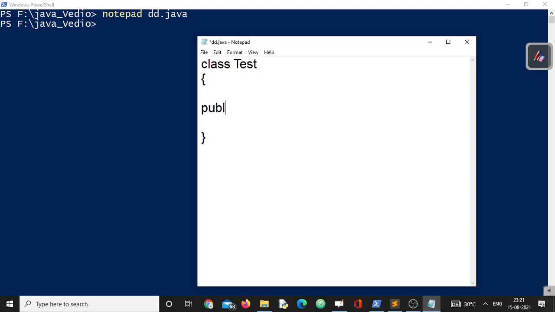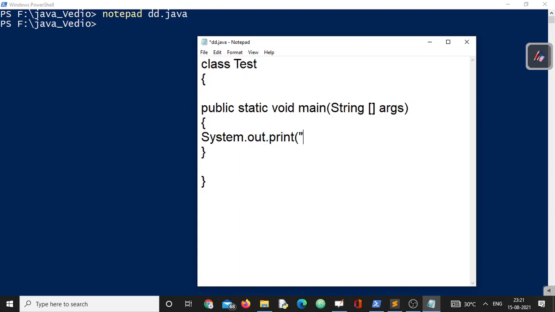Here we need to write public static void main. I think this is very common to all of you. You know all these rules and regulations, right? Let me go with this. I am writing a simple statement: System.out.print, let's say I'm writing hello. Now this is the simplest of simple Java programs I have created.